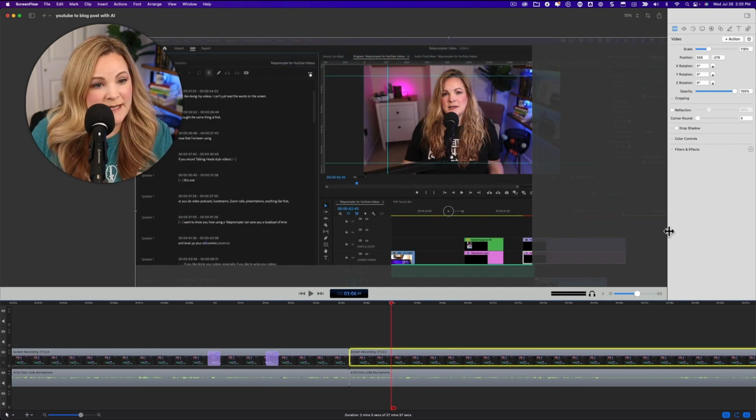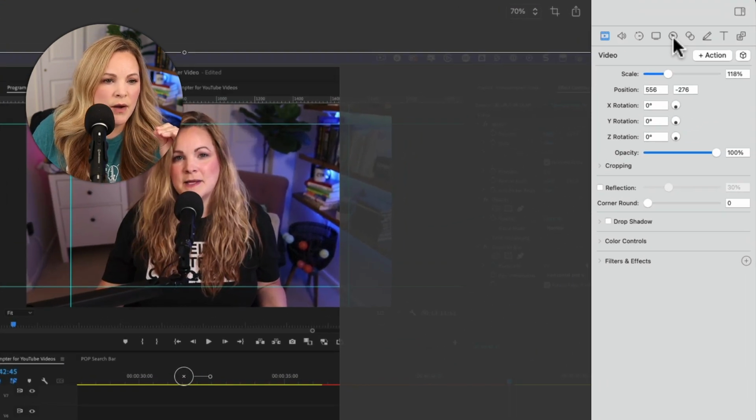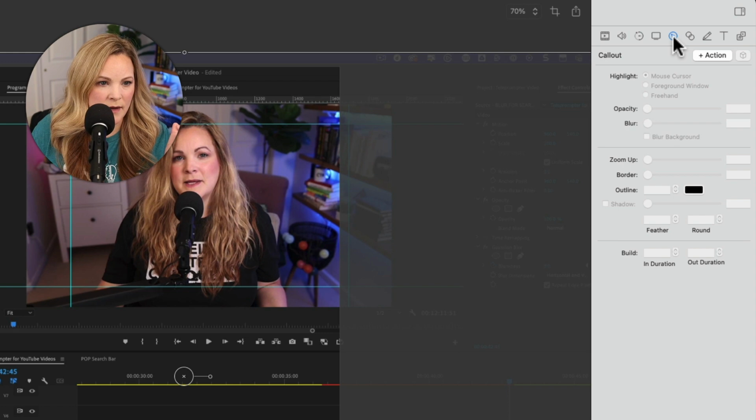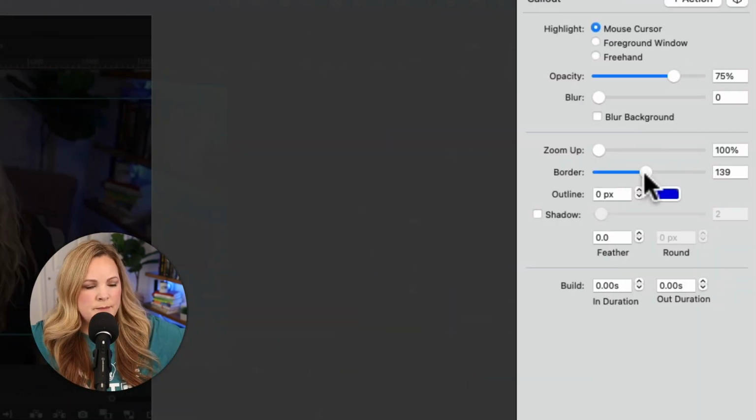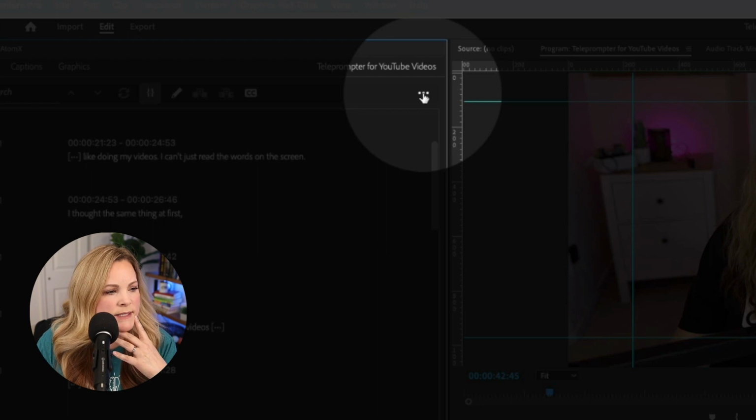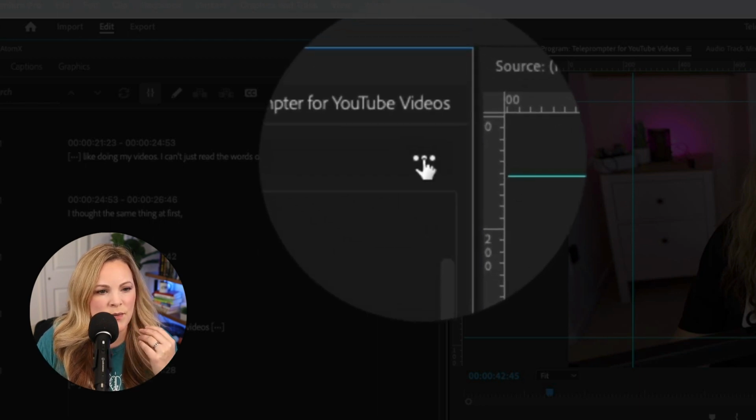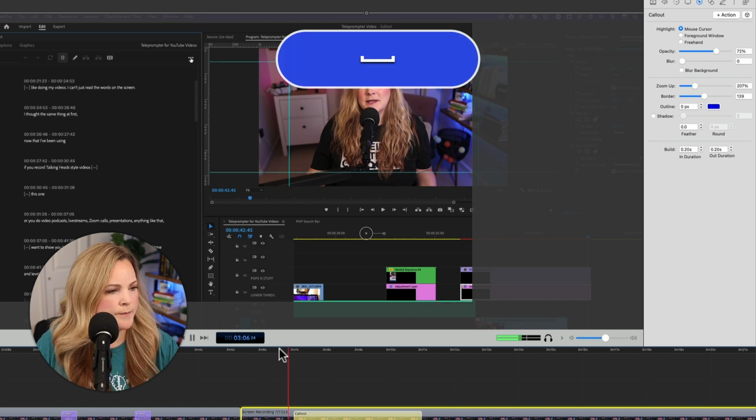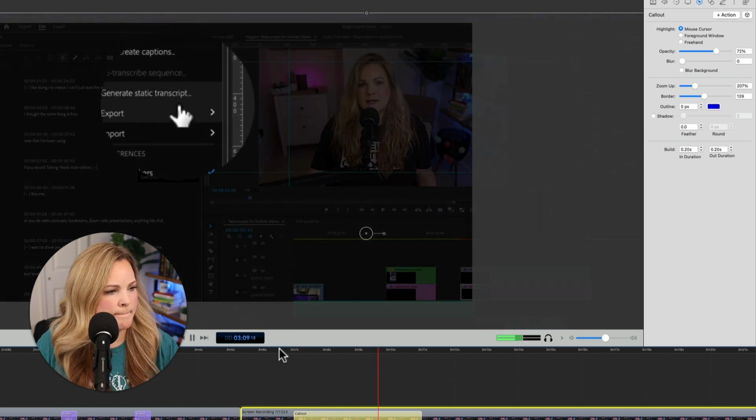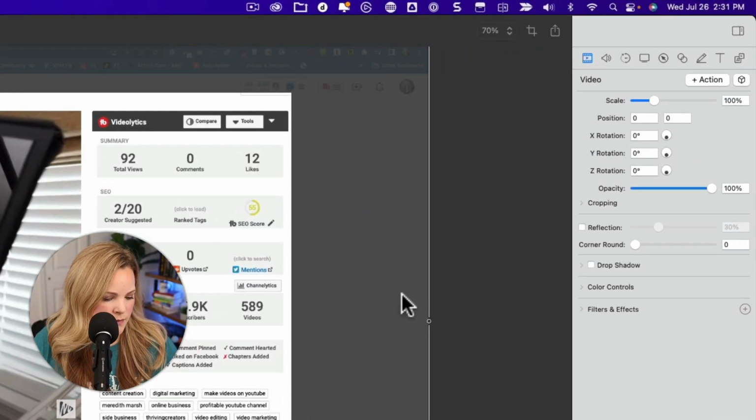So I want to zoom in even more so that you, the viewer, can see even more clearly what it is that I am actually clicking on. So we're going to add a call out. And the way that we do this is I'm going to hit add action. It's hard to see because the screen is so dark, but if I hit border up, it's going to give a bigger circle there to kind of focus on. And I can also zoom up as well. So if I do that, and then I'm going to do build in and build out so that there's a little bit of an animation,